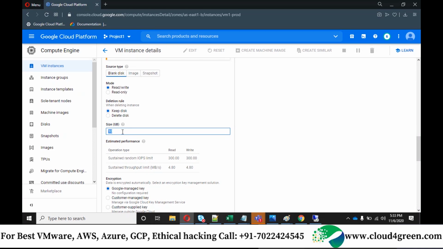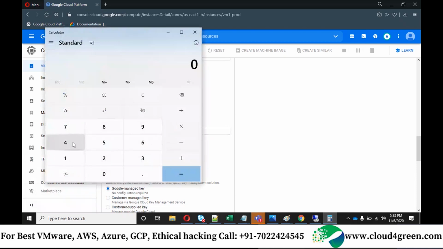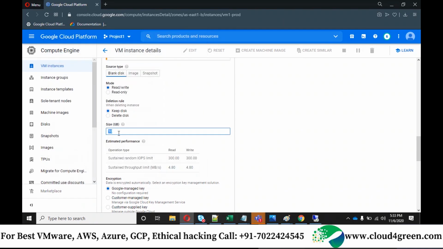Okay. Let me give a size now. 64 TB size. Can you see it is allowing? So let me increase a little.